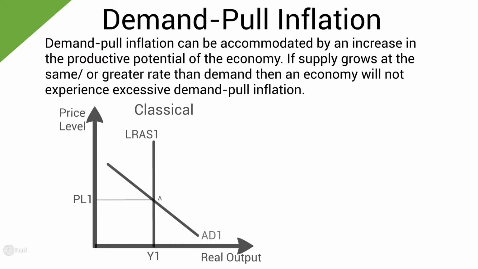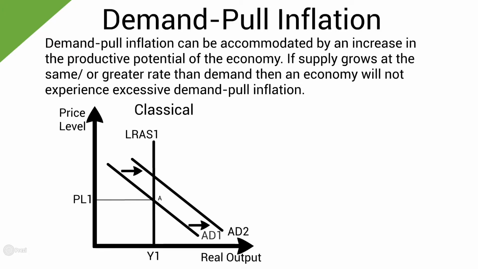Let's first look at the classical aggregate demand, aggregate supply diagram. Initially, our economy is at point A, with a price level PL1 and an output level of Y1. The economy then experiences an increase in the level of aggregate demand, which means aggregate demand shifts outward, and this can be for any of the reasons that we discussed earlier. If supply was to remain the same, i.e. was LRAS 1, we would then see an increase in the price level in both the short run and the